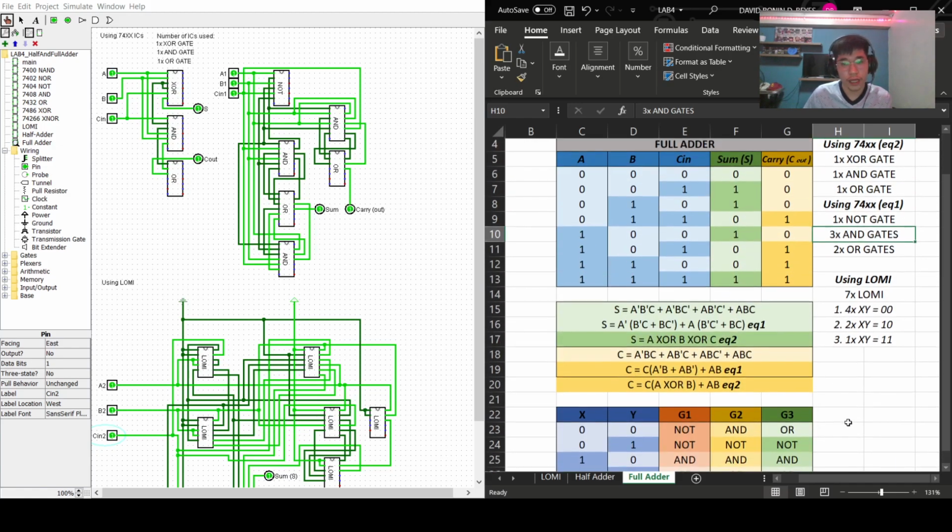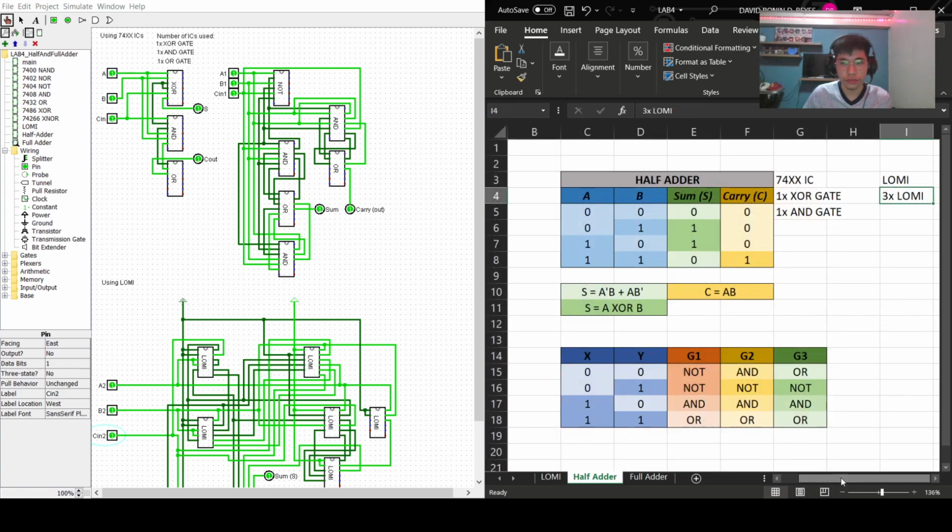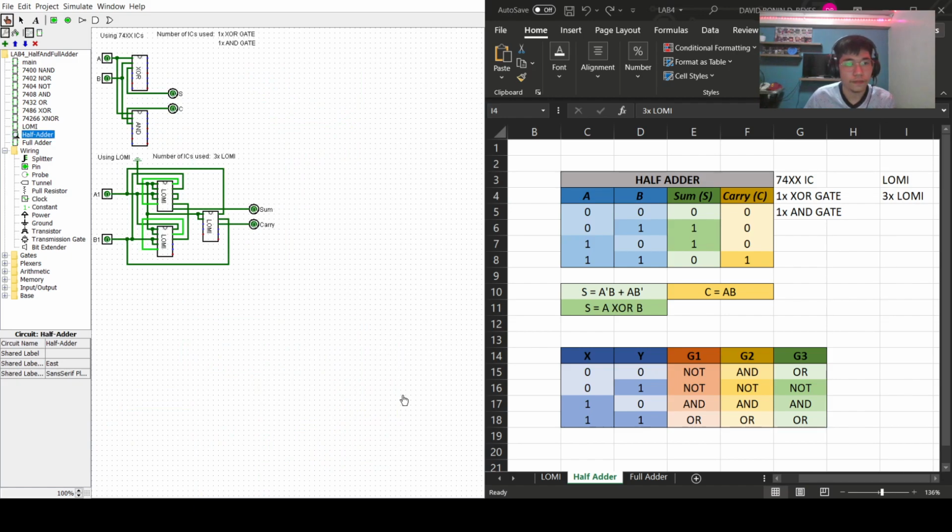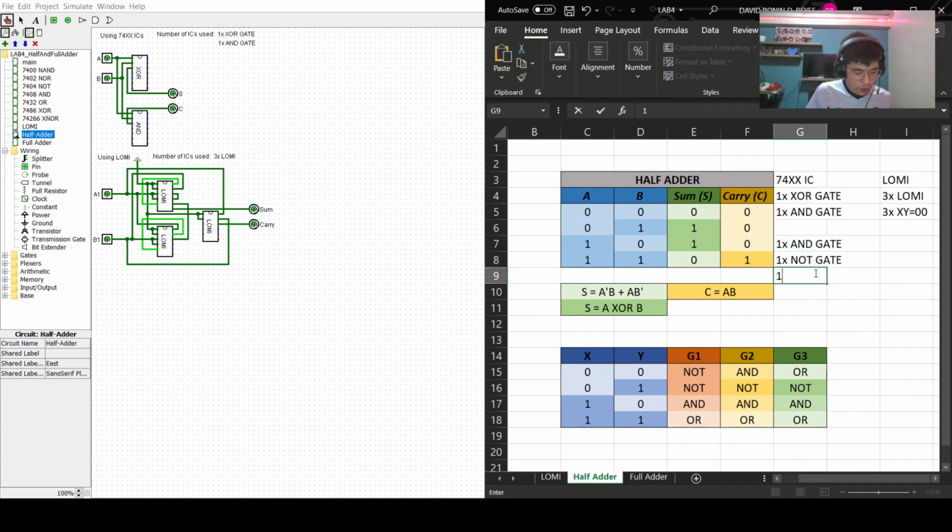So that's it for our full adder. Now let's go back to our half adder. And as we could see here, we've actually created the LOMI with just 3 LOMIs. So we made use of 3 times xy is equal to 0, 0. Now, using the first equation that I've showed you earlier, the one we've actually deleted, we made use of one AND gate, one NOT gate, and one